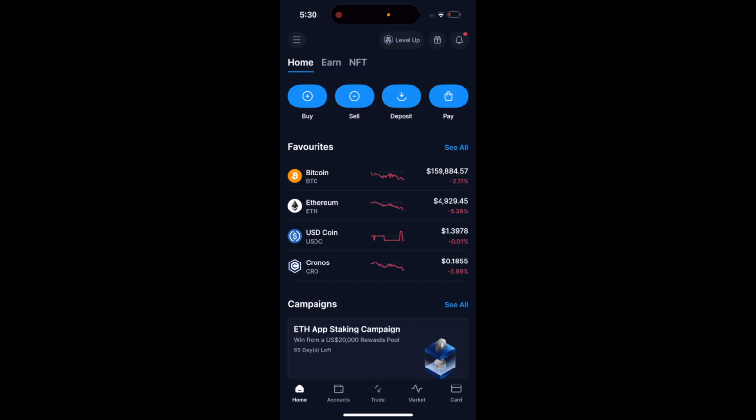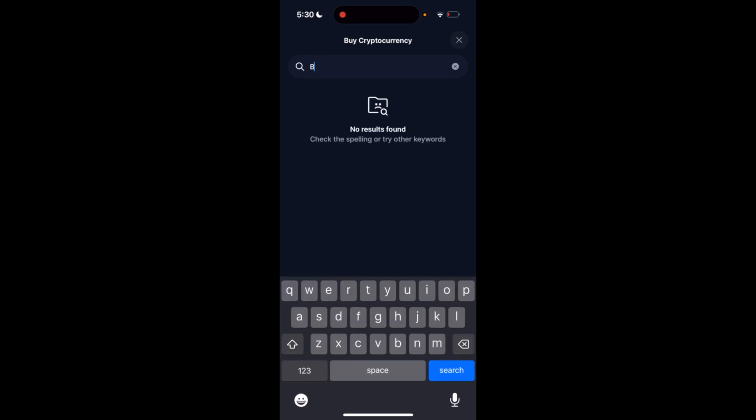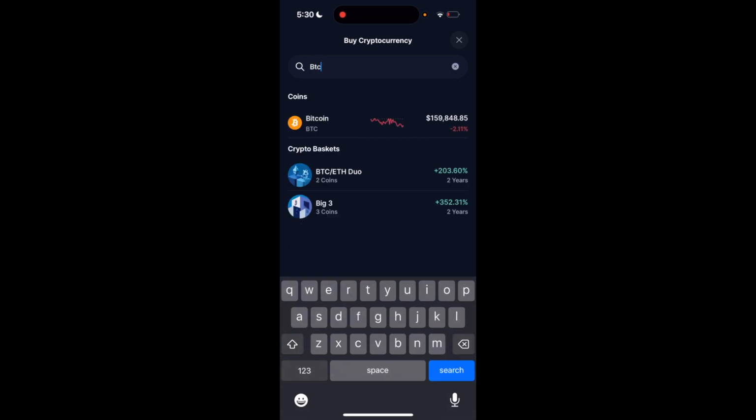So in this crypto.com tutorial video, I'll be showing you guys how to buy Bitcoin with USD Coin here at crypto.com. So once crypto.com's opened up, I want you to go to the home screen here, either select on Bitcoin for me under favorites, or just go to the top left, press on buy. Then at the top search bar, type in ticker symbol BTC or Bitcoin, either one will work, then select on